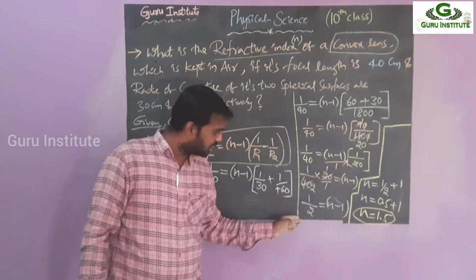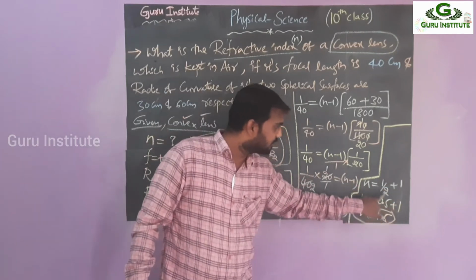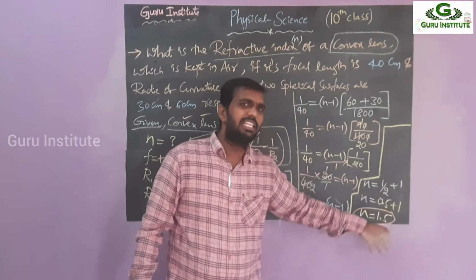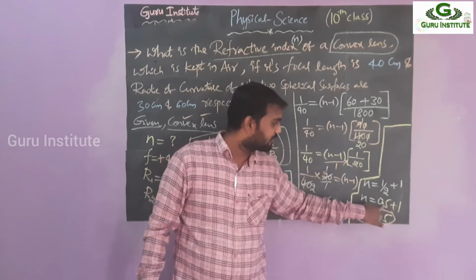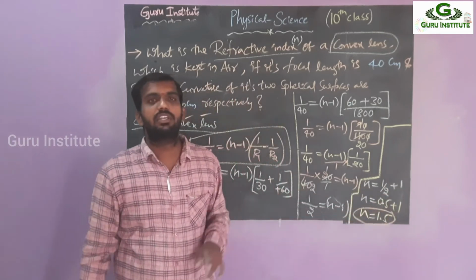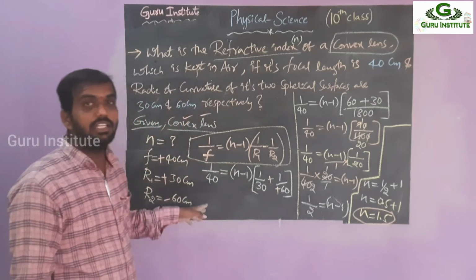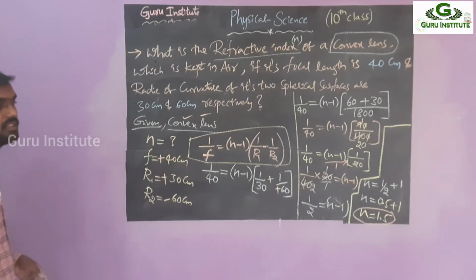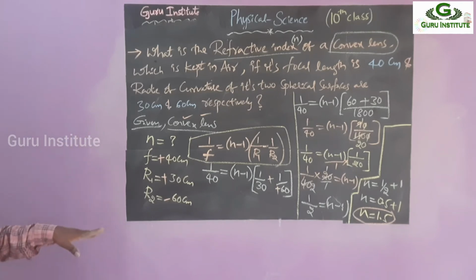This minus 1 coming to here becomes plus 1. Then 1 by 2, simply, is 0.5. No need to take LCM again, that is a lengthy one, okay? Simply 1 by 2 is 0.5. 0.5 plus 1 is 1.5. So then what is the refractive index of the convex lens? That is 1.5, okay, right? Just observe this for 2 seconds. Then the same data, we are applying for the concave lens. What is the answer? It should vary. We will check, okay?